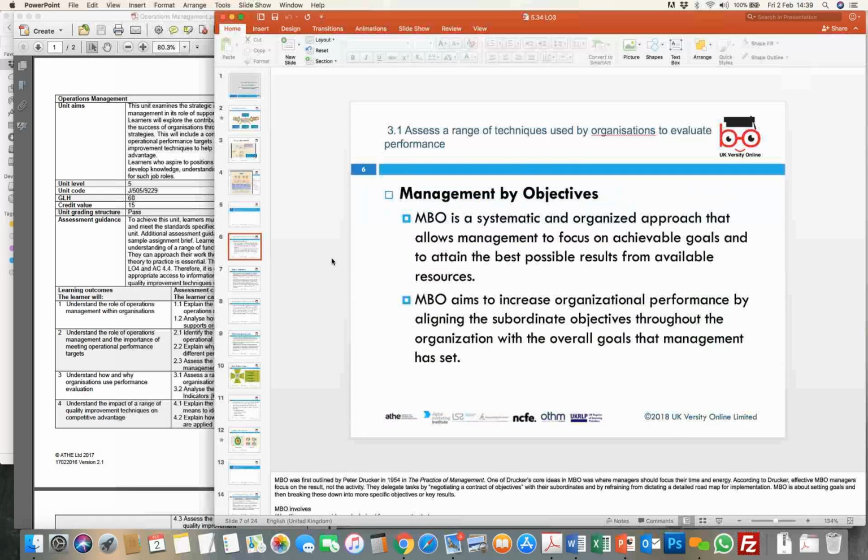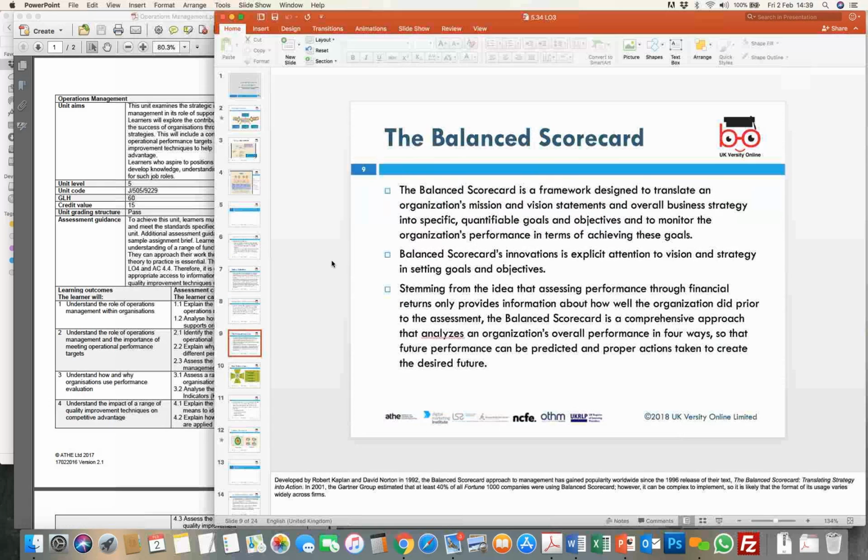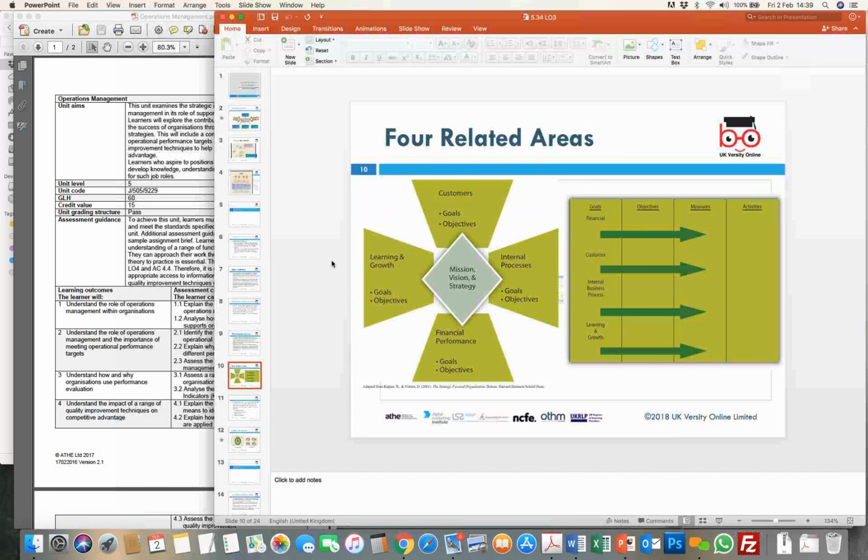Now, this concept gave way to the balanced scorecard concept, which came in the early 1990s. It was more focused on translating the original vision and mission set by the board for the company or organization every year into meaningful, measurable, achievable targets. This then led to the creation of something called SMART targets. I went through these two techniques of how performance evaluation is normally done on the operations side, because it has a lot of inputs, and you need a performance management technique which allows you to measure and bring in each and every aspect